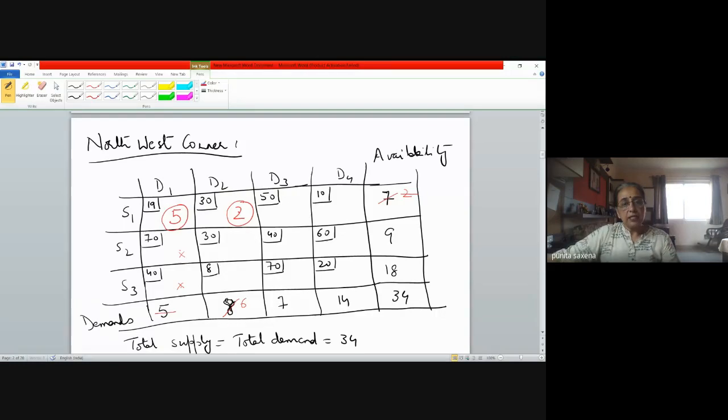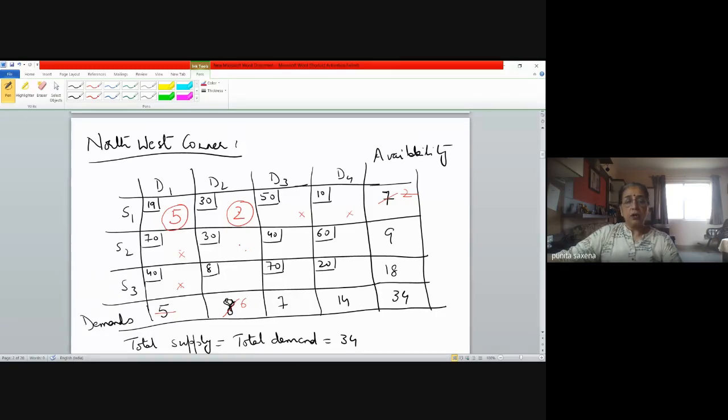So in this case, see what has happened. We have made an allocation here, which was the minimum of A1 and B2. And since the allocation made here is equal to A1, as I mentioned in the next step, the next cell to move on is vertically down. So we'll come here. That means the source cannot supply anything to D3 and D4. So the first source can supply only to the first and the second destination. That's all. Now we come to this cell, which is S2D2.